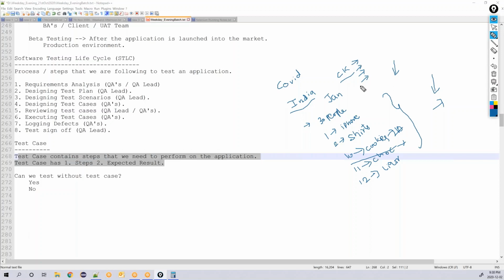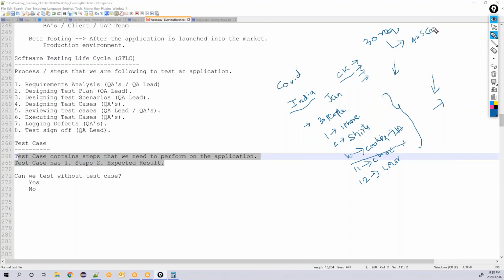So what I am trying to say here is, let's say they ask you to test 30 requirements, and for the 30 requirements, you can have some 40 different scenarios that you can test.